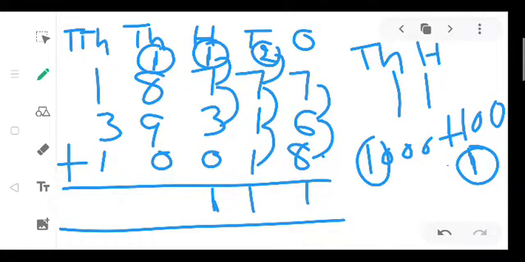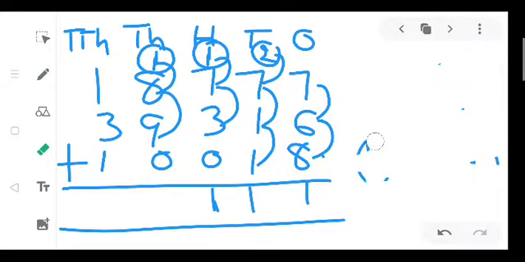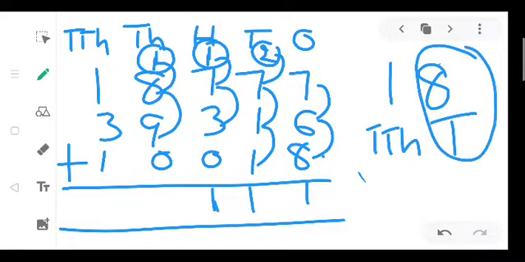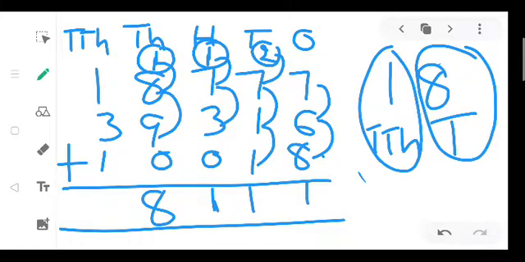Now we will add 1000 place digit. 1 and 8, 9, 9 plus 9, 18. So it is 18,000. What we have added here? 18,000. So thousands are 8. What is the meaning of 18,000? 8,000 plus 10,000. So 10,000s are here 1. So at 1000 place we will write 8 and this one will be carried at 10,000 because it is 10,000 value.